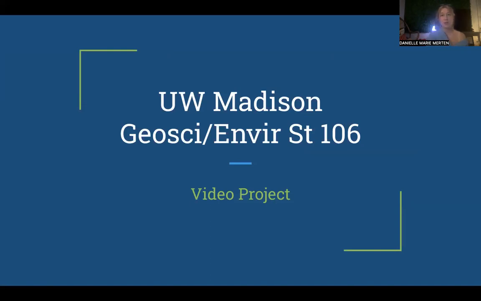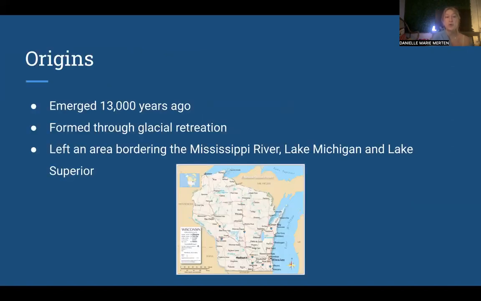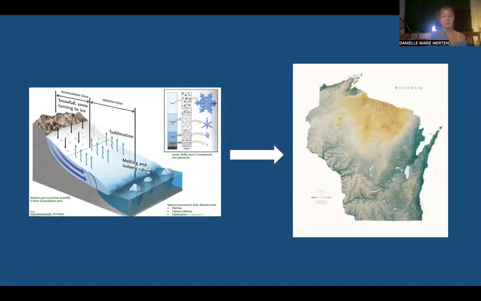So for my video project, I decided to research the history behind Wisconsin's physical geography. And so this history emerged around 13,000 years ago after the last ice age, when one of the last large glaciers retreated through the area. And what happens during glacial retreat is that large amounts of sediment get picked up and moved through the glacier and deposited, forming topography and plains and other features, as you can see in the topographic map of Wisconsin on